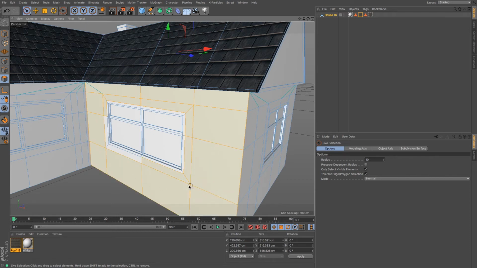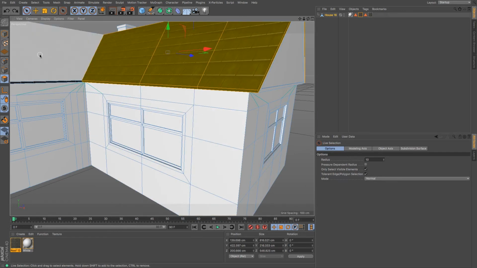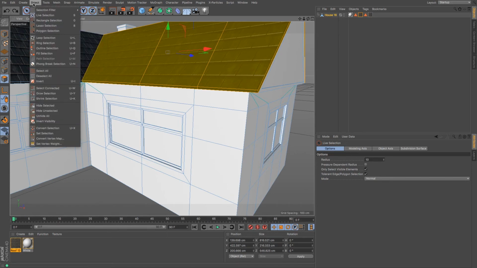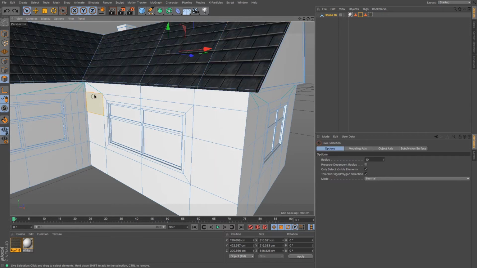Like so. And if you've got fairly simple walls, then this mode may be fine, but there are other select tools that may speed things up for you. So for example, you could go for loop selection, and you see I'm getting loops of things, which can help select lots of an area very quickly. Sometimes it makes sense, sometimes it doesn't, but in this case I'm just going to go free selection,